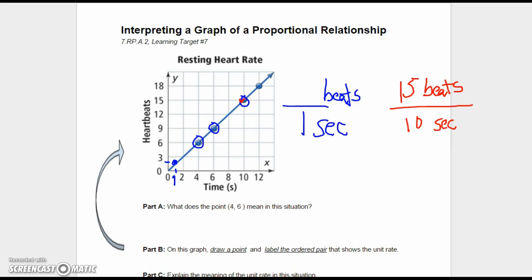I know that is a ratio, that is a point on this graph, that is a ratio that will be equivalent to my unit rate. So now I can use that to find the unit rate. I could take 15 and divide by 10, and I would get 1.5. Or I could solve with cross products. 15 times 1 and then divide by 10 and I will get 1.5. Or I could see that taking 10 and dividing by 10 will give me 1, so 15 divided by 10 gives me 1.5. No matter how I do it, I know that this point is 1 second, because x always comes first,